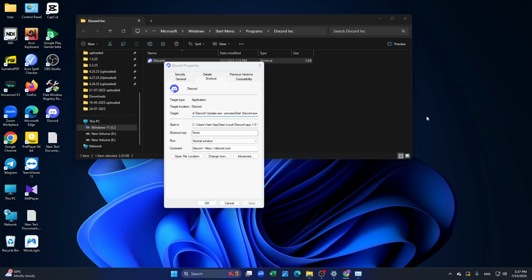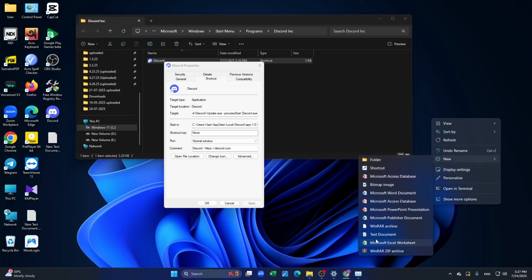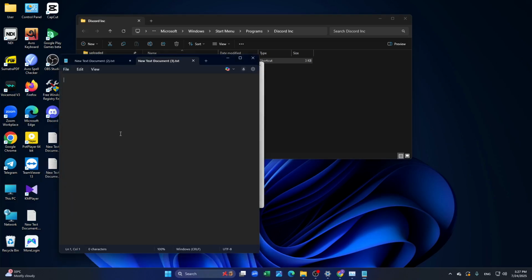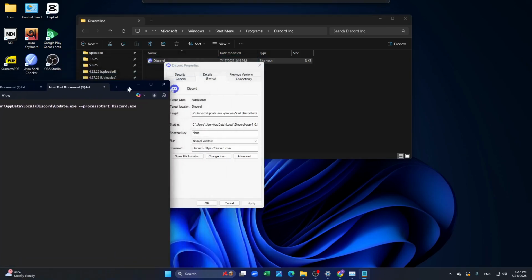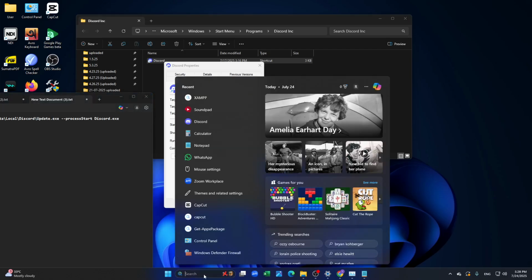everything from here, and you just have to open a new text document, and simply paste it and let the text document be aside, and then you just have to come to the Windows search